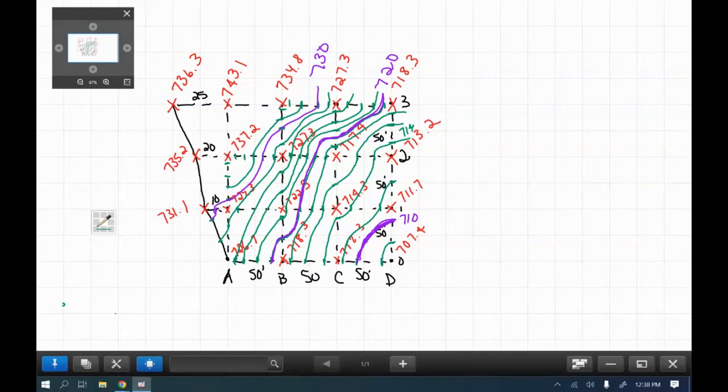Gotcha. All right, so I know that this is 731 and this is 735, so I'm going to have a 732 and a 734. So my 732 is going to come out. I'm going to do 734. It comes up and comes out. 736 is right in here, somewhere right in here, so it kind of comes out, comes around, comes up,